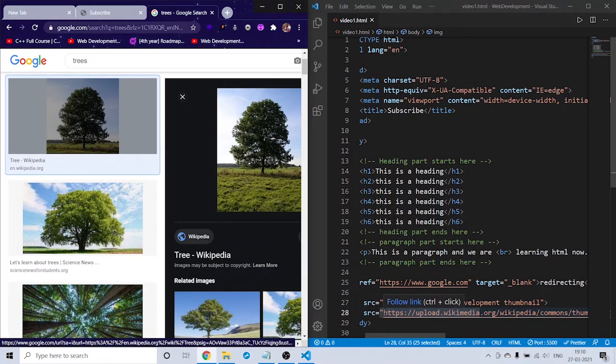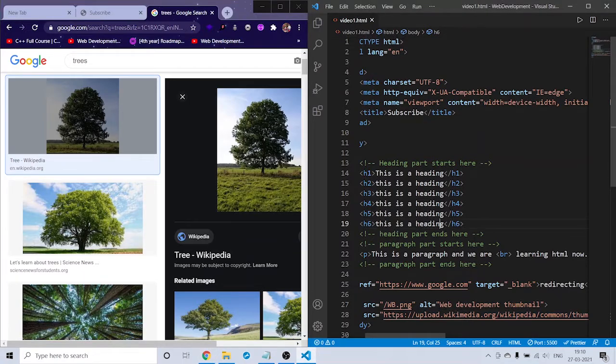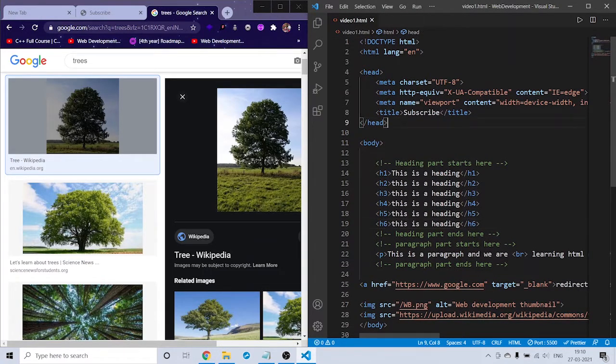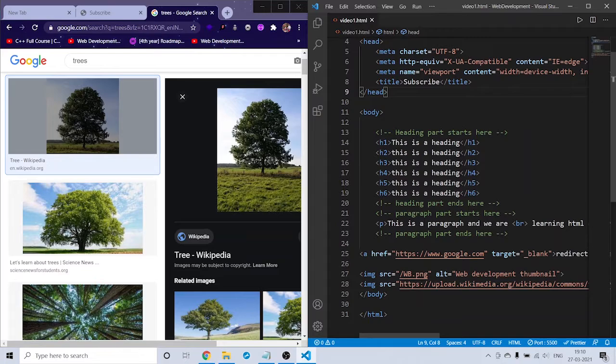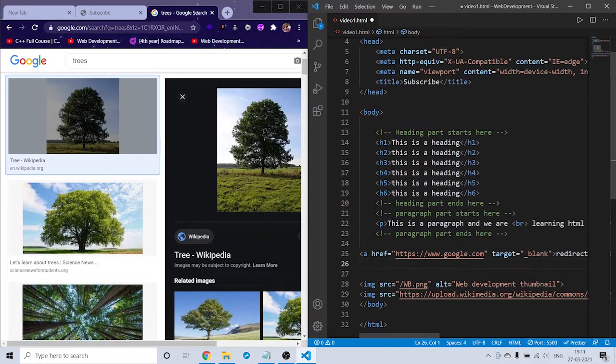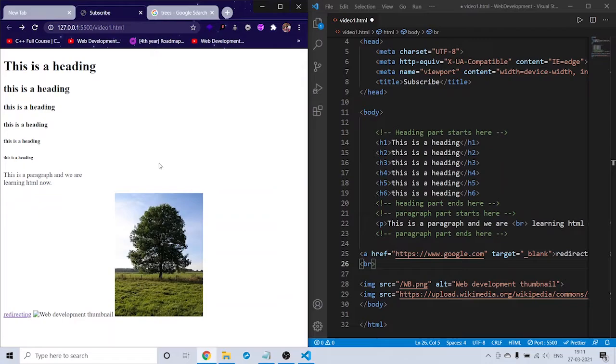Okay, so what we learned today is the boilerplate: the doctype HTML, the head tags and the body, and we learned about h1 and paragraphs. If you want a break, we gave a br tag. If you want, you can give your br tag here as well after this link. If you give a br tag here, let us see the changes. I gave the br tag after this "redirecting".